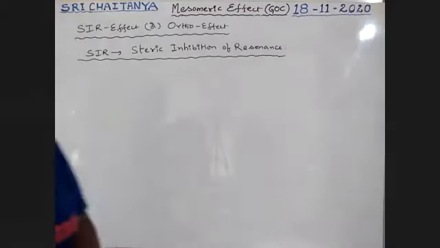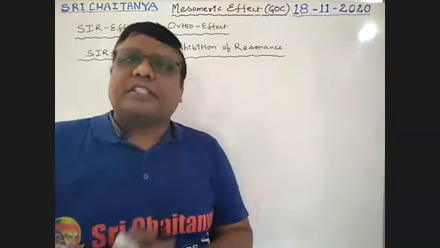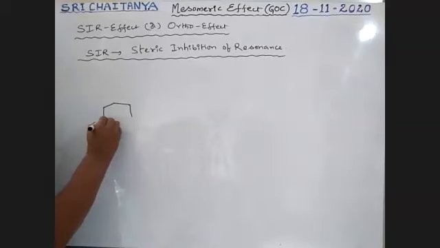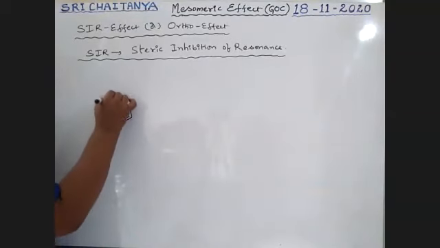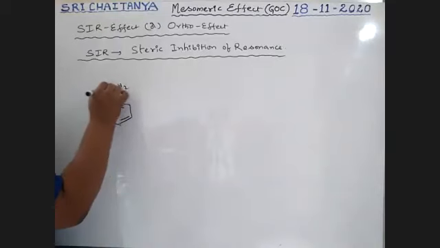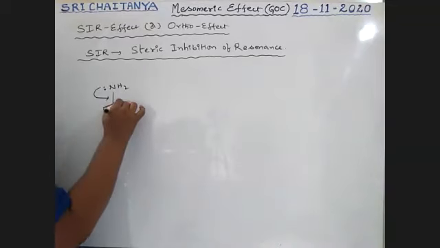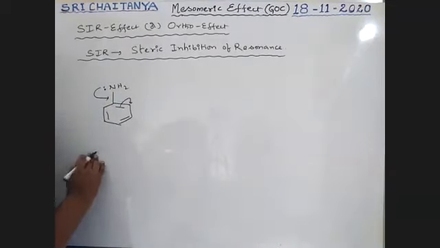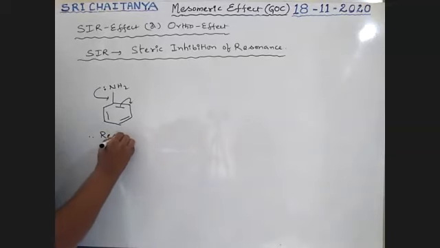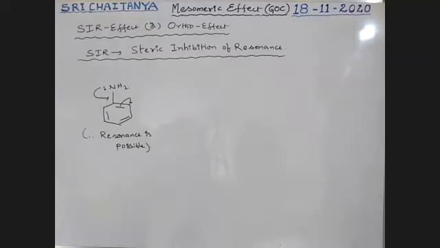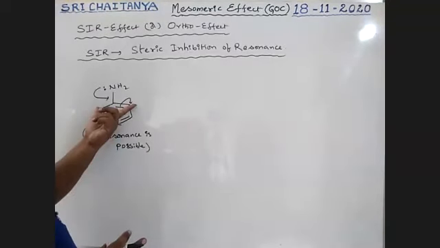Let us observe with an example. After that, we will discuss the statement. See here, NH2. In this case the lone pair is involved in conjugation, so resonance is possible. But if bulky groups are located at the ortho position of this NH2,